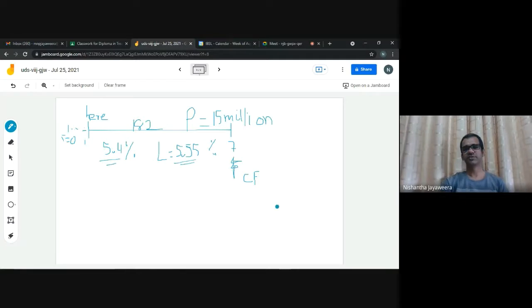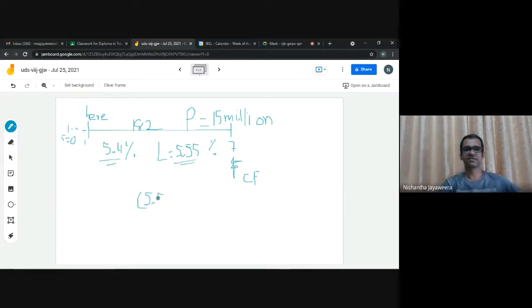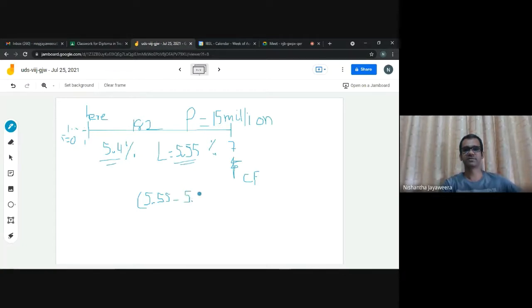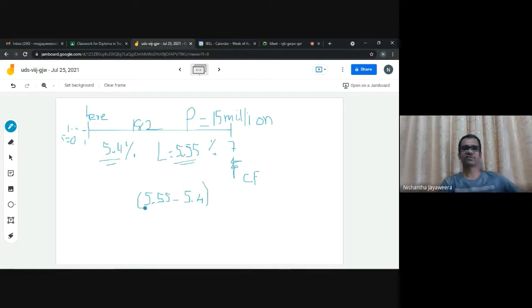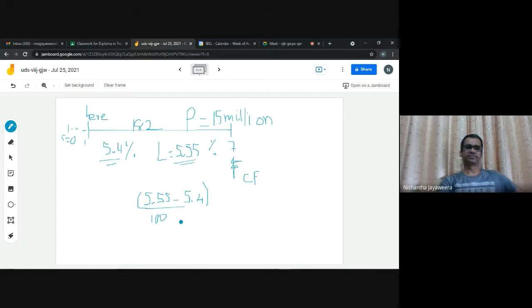What is the cash flow here? How do you calculate it? The difference: 5.55 minus 5.4, divided by 100. That's the interest rate difference